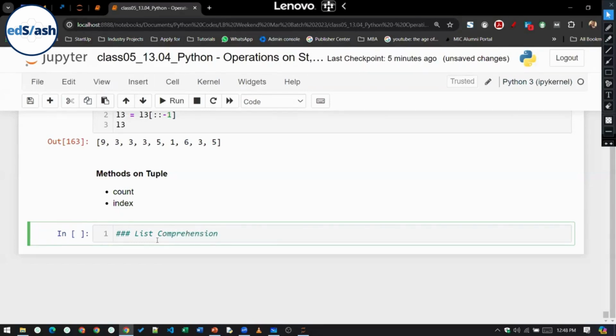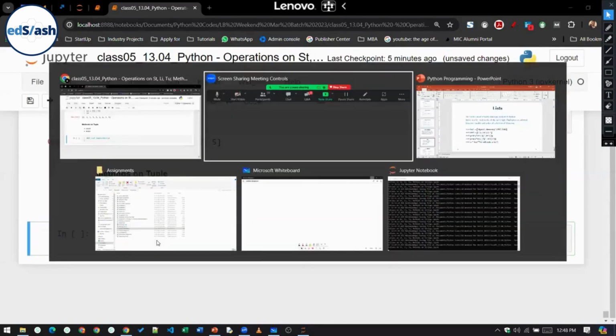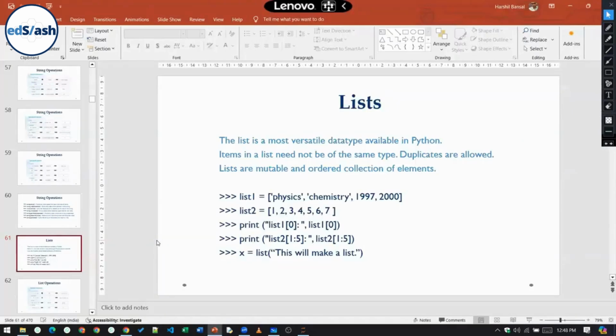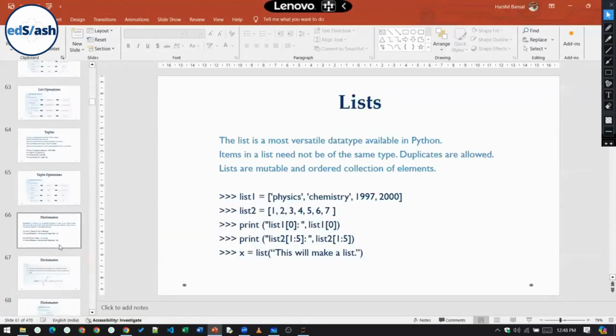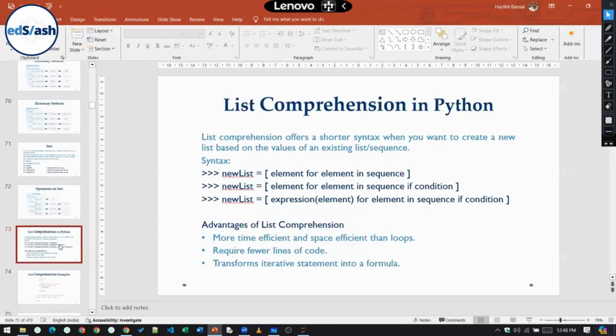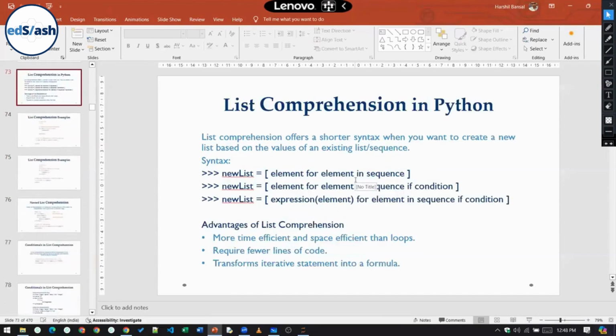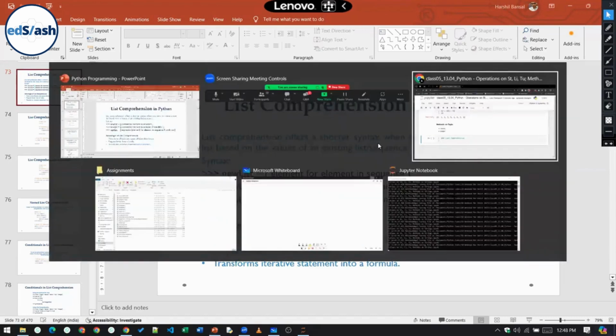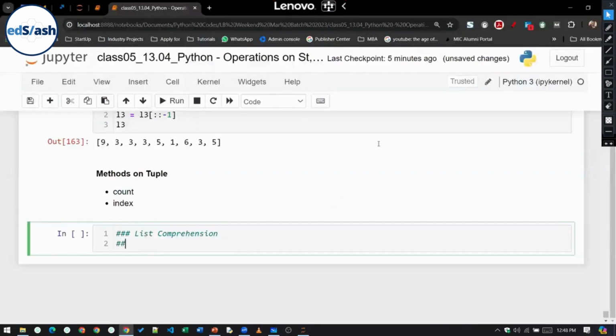Comprehension. Okay. So what is list comprehension? Let me show you the definition. List comprehension basically offers a shorter syntax when you want to create a new list based on the values of an existing sequence. Let me give an example. Suppose, let's say, I ask you,